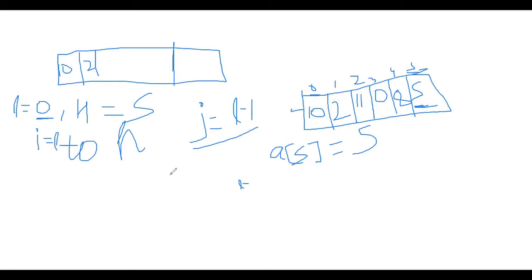What is our goal here? What is the goal of partitioning? The goal of partitioning is to put all the numbers which are more than 5 to the right side of 5, and all the numbers which are lower than 5 to the left side of the 5. So we will run a loop inside this i, and we will compare if A of i is greater than pivot or not. If A of i is less than 5, then we don't do anything at all.